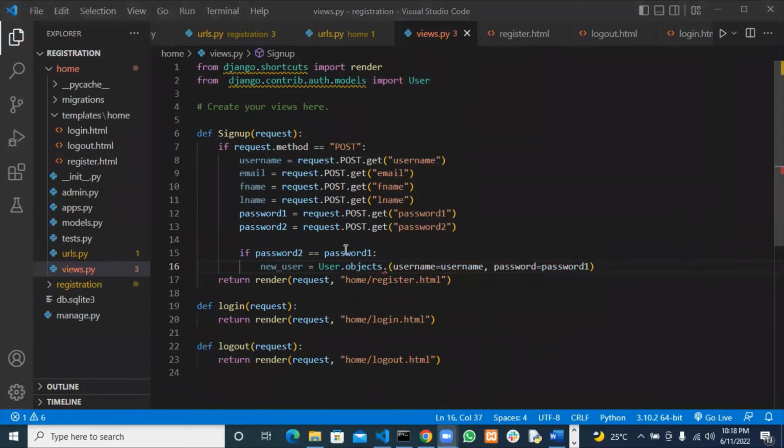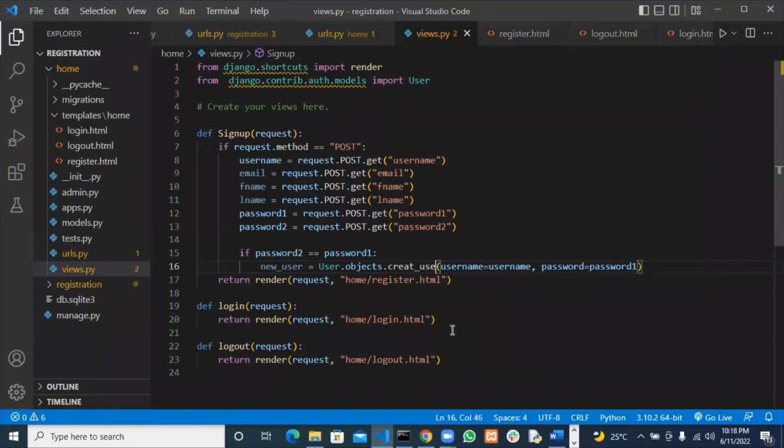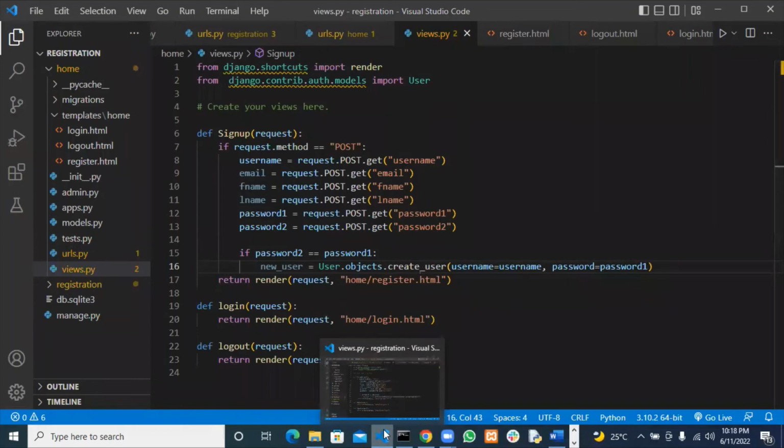All right, so what we do now, since this table is not our own table, Django says that in order to add a record to this table, we must do user.object.create underscore user, right? So you must add that. That's how you can add a new record to that table, right? User.object.create